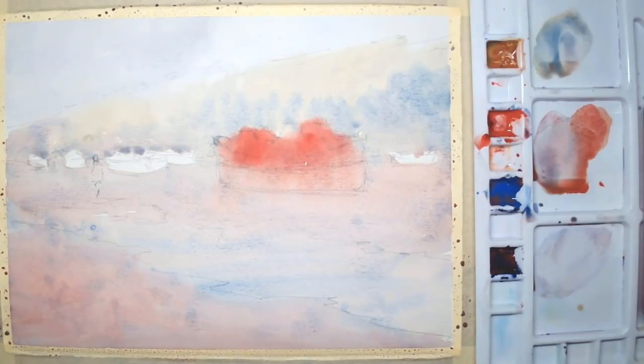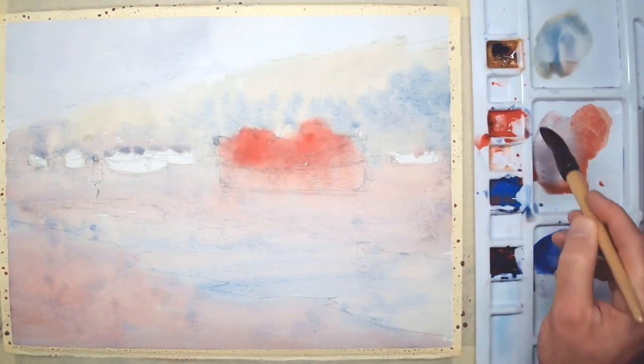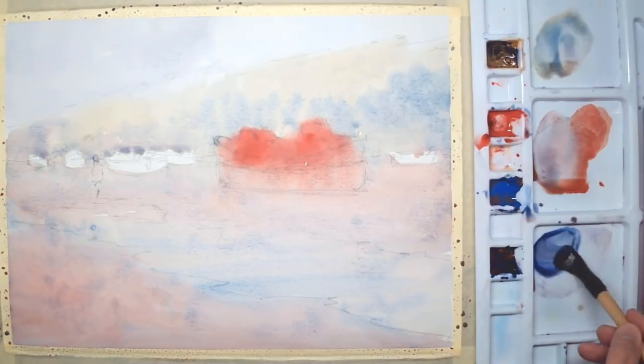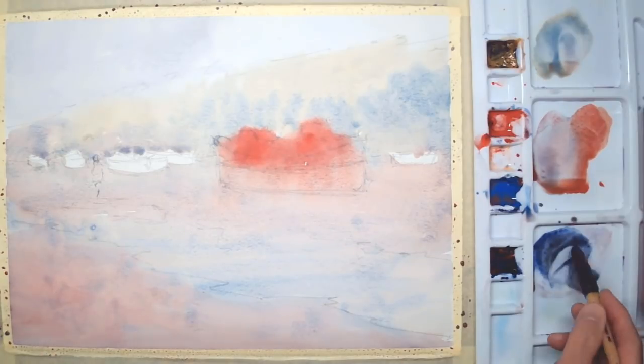I'm using a slightly smaller mop brush now. This is a Jackson's Squirrel Mop size 10. So it's about, well, it's almost 10 millimeters in diameter. Darker in value, a bit of yellow ochre, dark ultramarine blue,